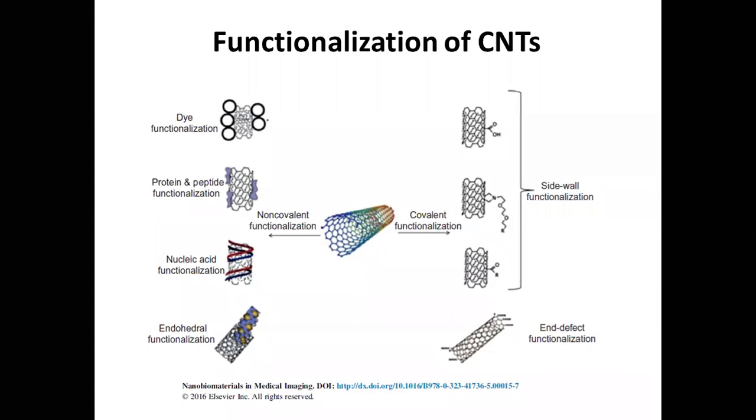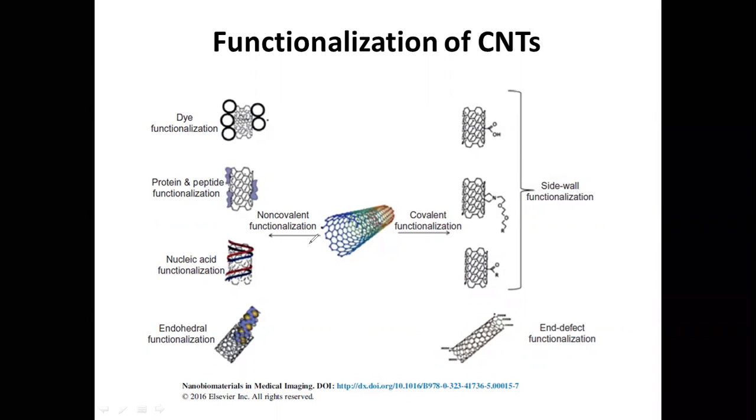Now what we have to do is functionalize the carbon nanotube with either acidic or basic groups, either sulfonic groups or carboxylic groups or amine groups. We have to introduce them on the carbon nanotube surface, not by physical mode or by electrostatic interaction. We have to functionalize it in a covalent manner. Covalent manner means what? Chemically it is forming a bond on the carbon nanotube, and this is called